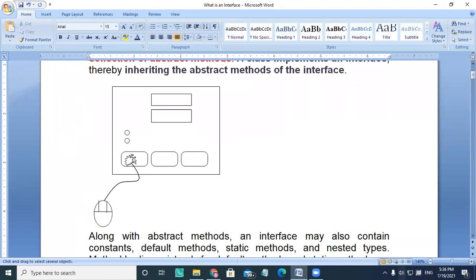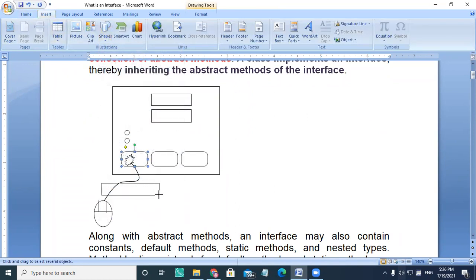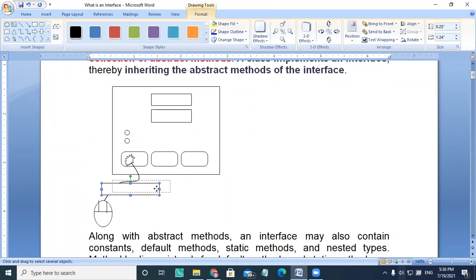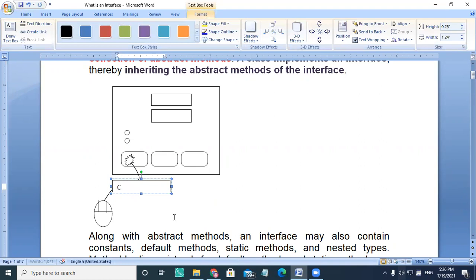So every time this click event is actually fired by some action event, and the click event body is always going to change according to the requirement.